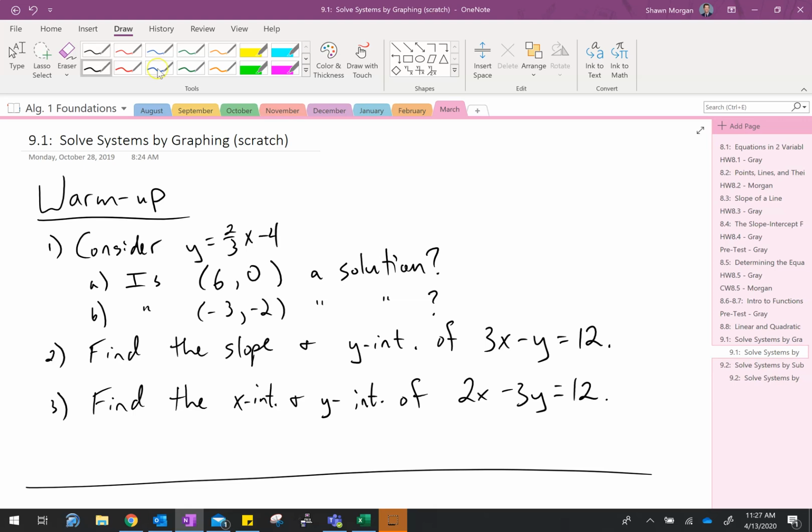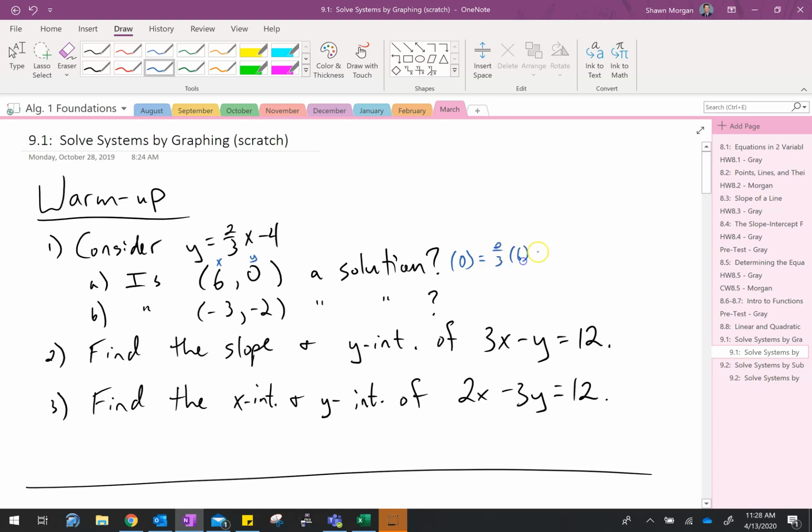All right, assuming you've had some time to work on your warm-up questions, let's look at this first one. We are asked to consider the equation and then whether or not (6, 0) is a solution. You'll remember that to be a solution to an equation just means that if I plug in 6 for x and 0 for y, do I get a true statement? Well, let's see. If I plug in 0 for y,